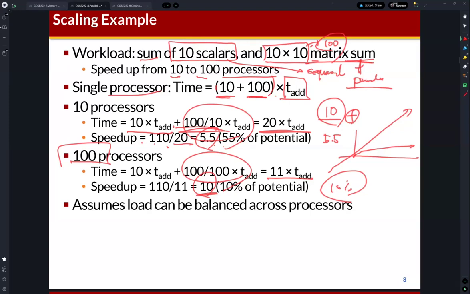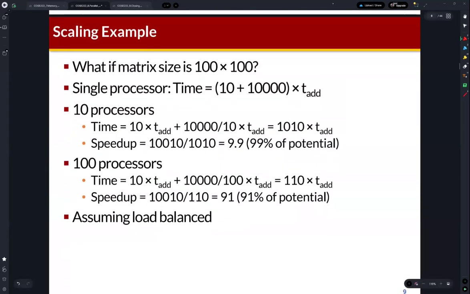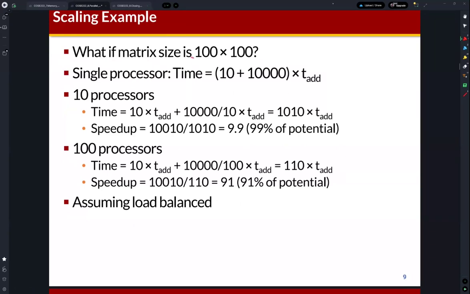Okay, so which means the sequential part limits the performance improvement of multi-core architecture, right? That's what Amdahl's law explains. But if the matrix size increases, so it means that if the parallelizable part is increased,